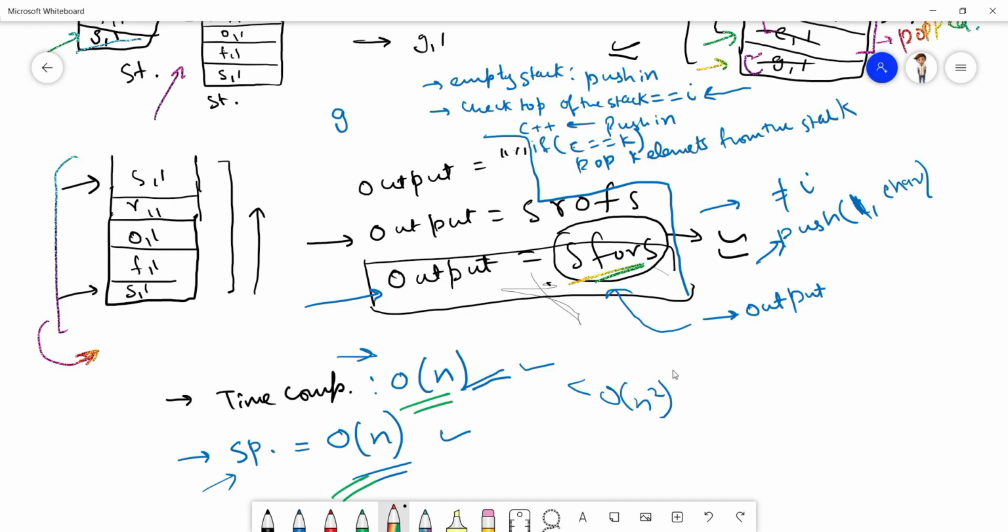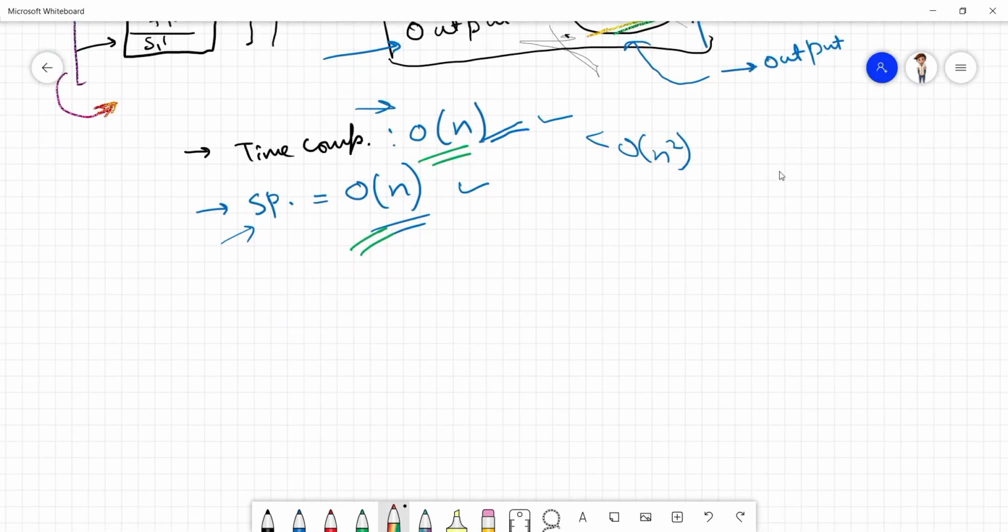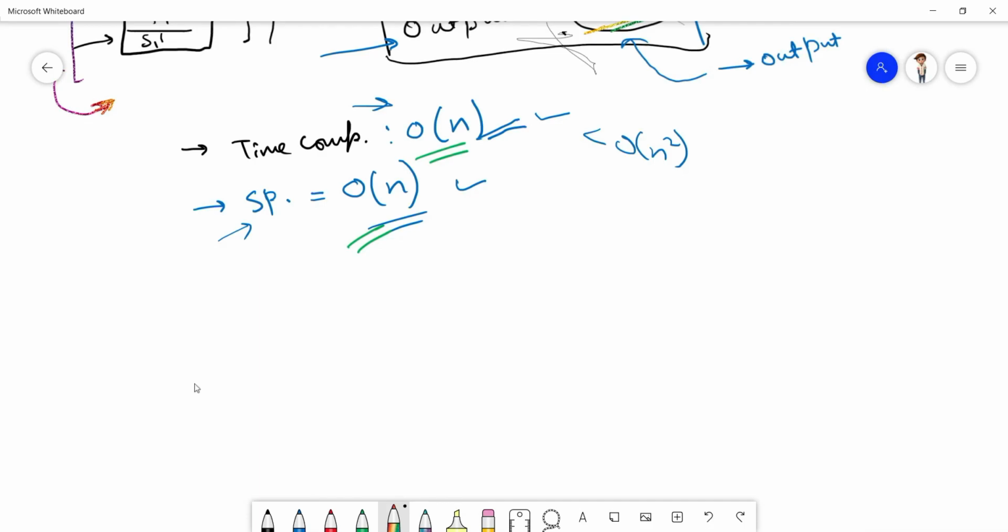I think it is much clear, but let me take one more example for the efficient approach, which should be this, and k should be equal to 3, right?